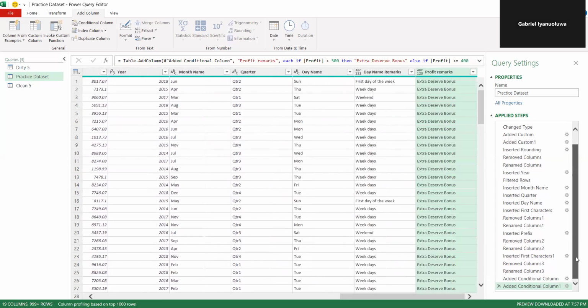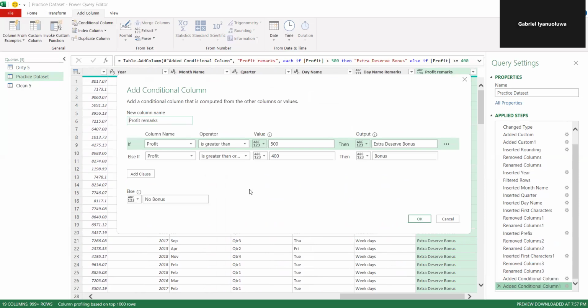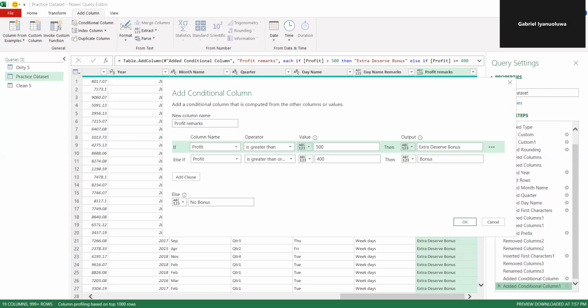readjust this. Now, if I want to adjust these functions, I will just come here and click on edit settings. So it will take me back to all this. Let me try to do this, this will become an extra bonus. I want to look for what we can do to make it more engaging than what we're having. Let me say greater than or equals to,